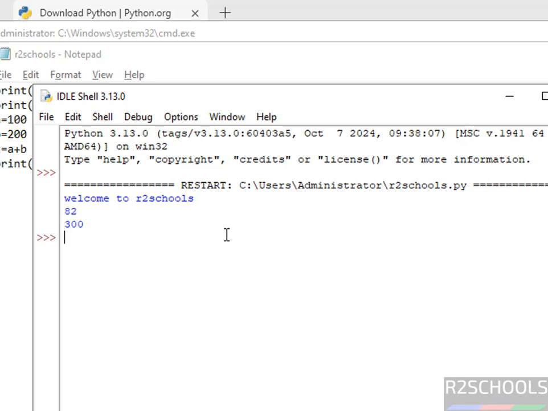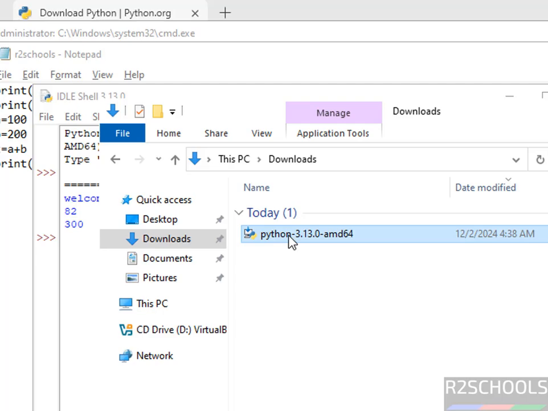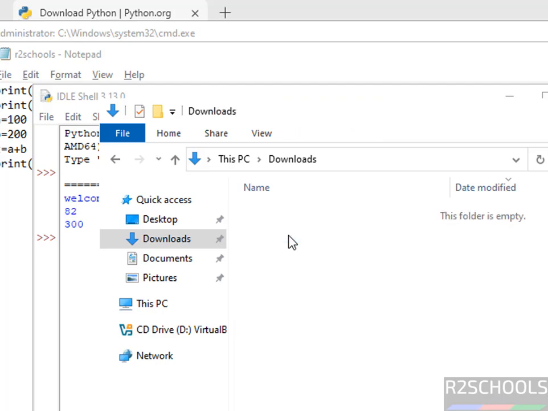Okay. After installation, go to the Downloads directory and remove the downloaded file to clear the space. Okay. So in this video, we have seen how to download and install Python on Windows servers. Then we have seen how to run the Python commands and